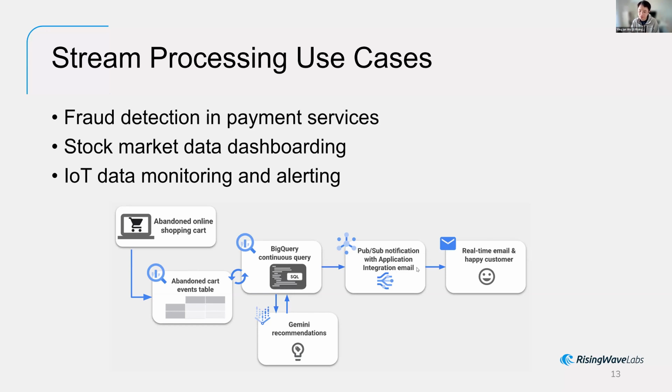And then with the notification, we can send probably our customers a coupon, right? Well, let's say 20% discount or $7 off, right? This kind of coupons. So that's how the customers could come back and pay for their shopping cart, right? That's the use case mentioned by Google.